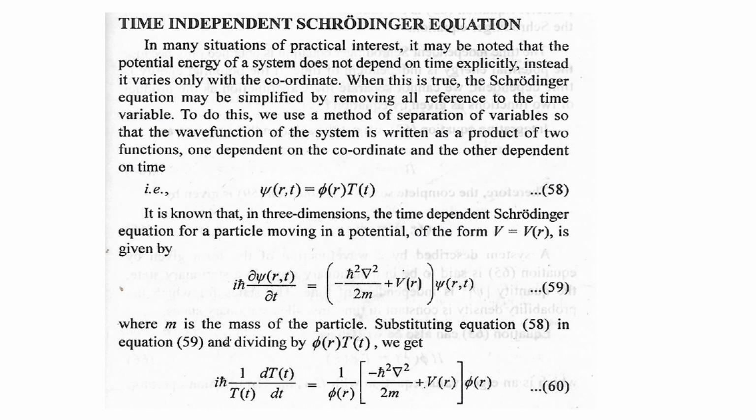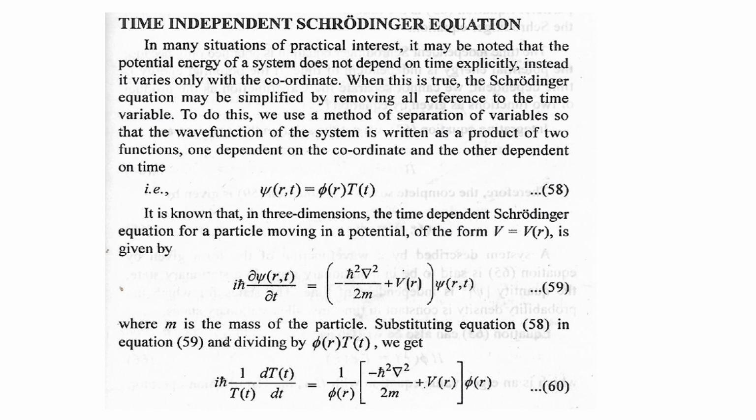So we derived the Schrodinger equation for functions where the potential energy depends on time and position coordinate. But there are situations in which the potential energy of a system does not depend on time. Instead, it varies only with the position coordinate. So in such situations,